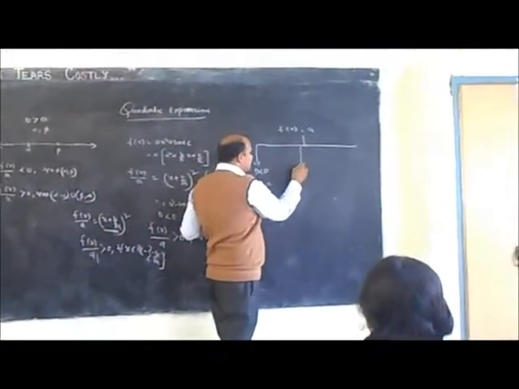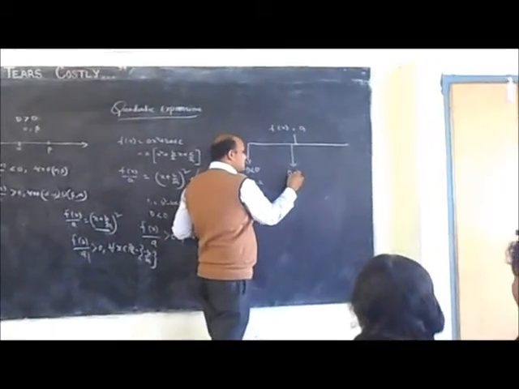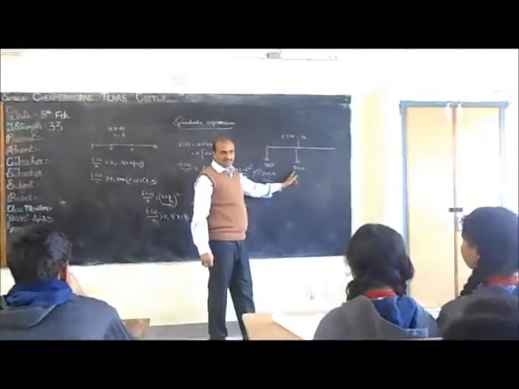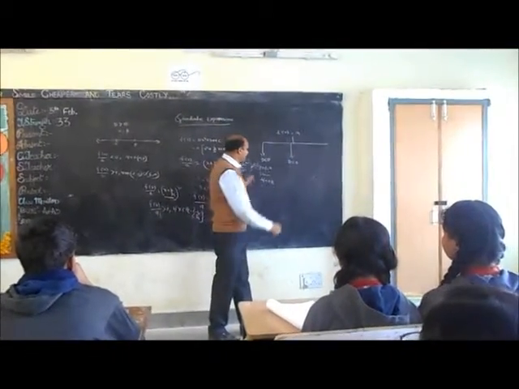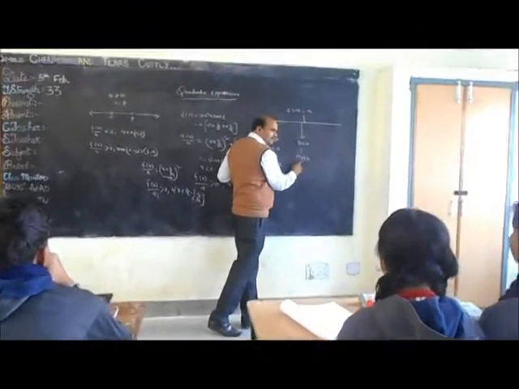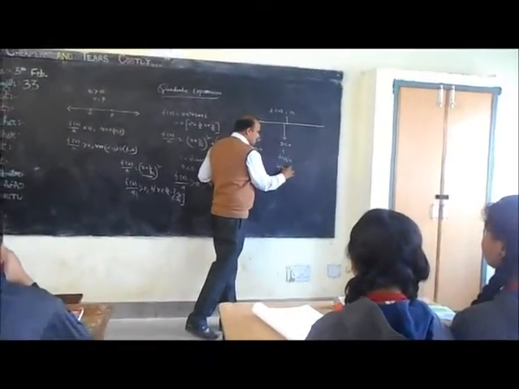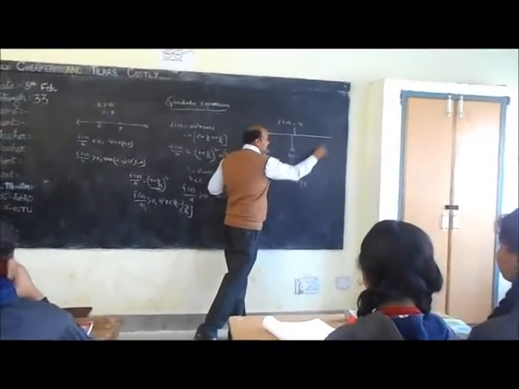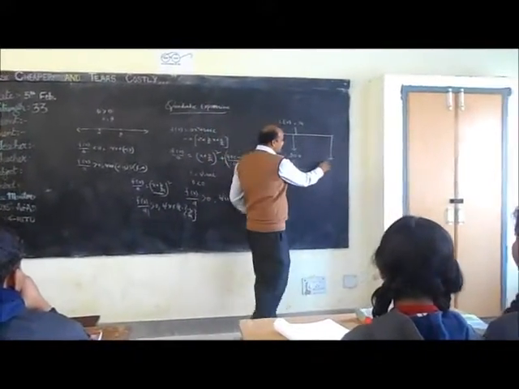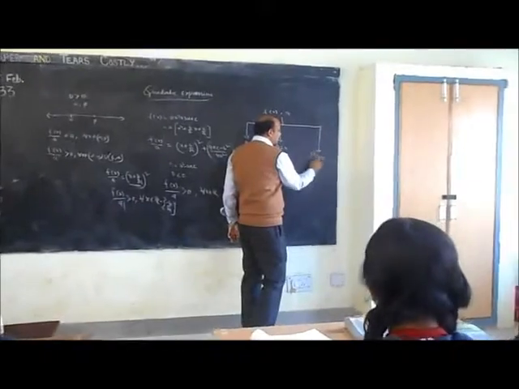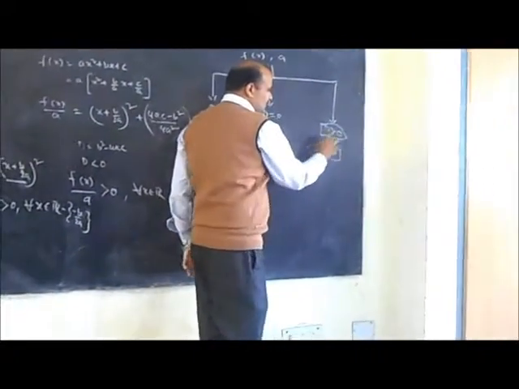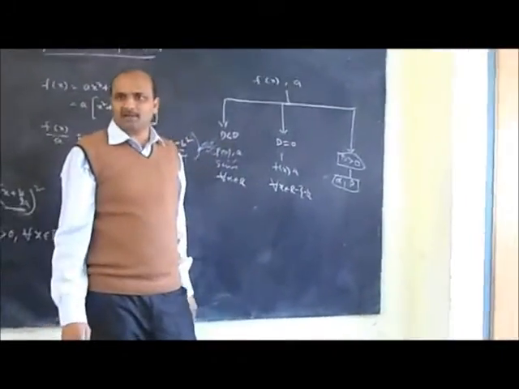What is the second case? D is equal to 0. When d is equal to 0, both f of x and a have the same sign for all x belonging to R minus b by 2a. Now the last case, what happens? This is d greater than 0. When d is greater than 0, there exist two roots alpha comma beta.